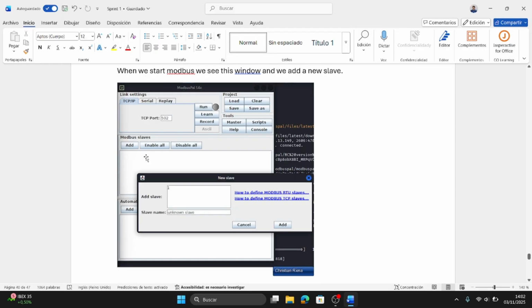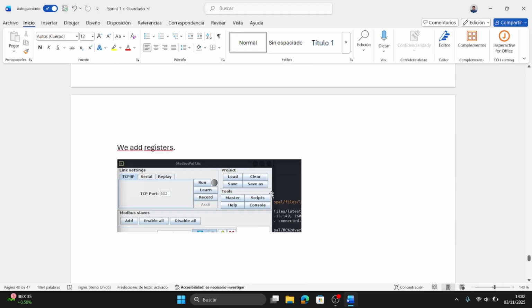We are going to see this screen, and we don't have any slaves to work with, so we create one, and we put, for example, a number or a word that we want, and we add.